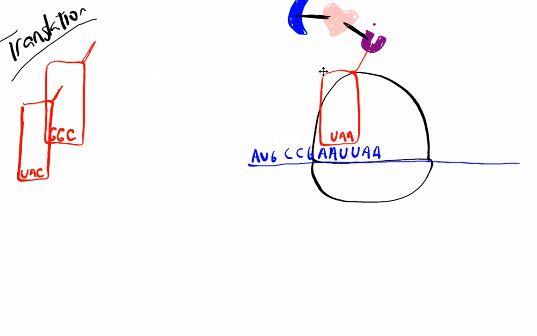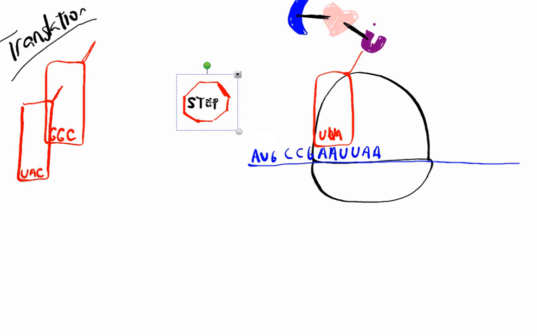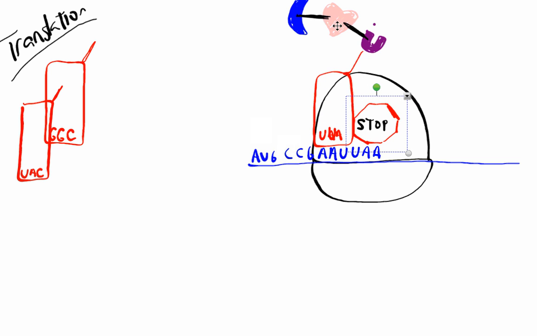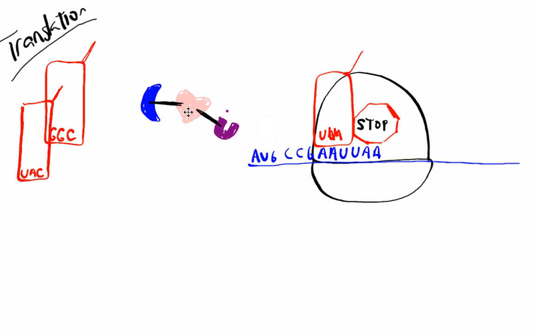It just so happens that our last codon is a stop codon. I think I did that wrong. I did do that wrong. It just so happens that our last codon is a stop codon. Now, again, the stop codon does not code for an amino acid. So when it comes to the stop codon, what happens is this polypeptide will break off and it will fold